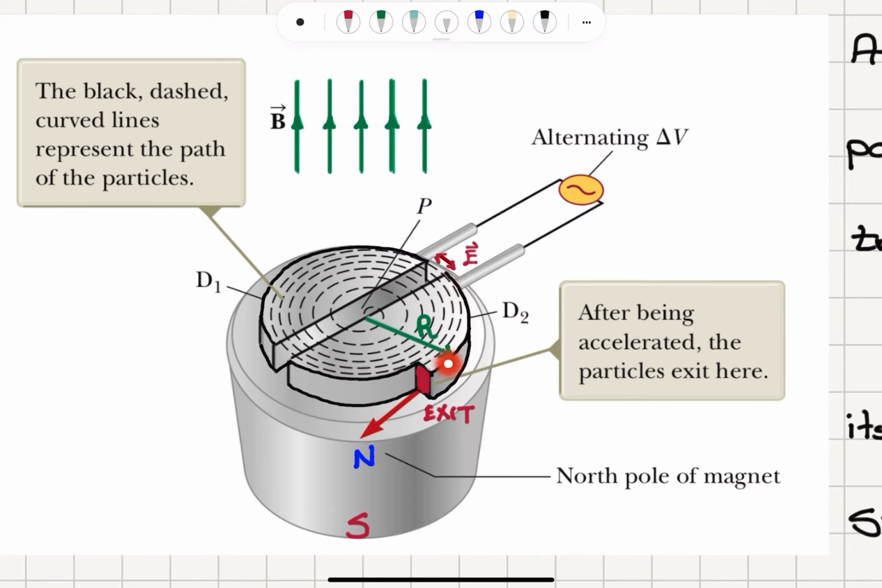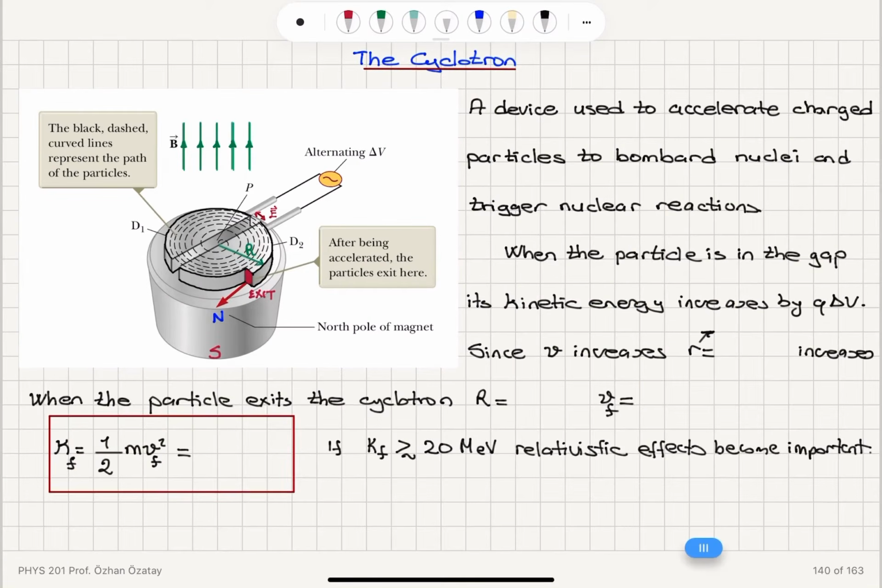And eventually it exits from this apparatus with a very large kinetic energy, and we call the radius of the cyclotron capital R. So after being accelerated, the particles exit from the cyclotron. Now when the particle is in the gap, its kinetic energy increases by an amount q times delta V. So since v increases within the gap, the radius of the circular motion, which is equal to mv divided by qB,